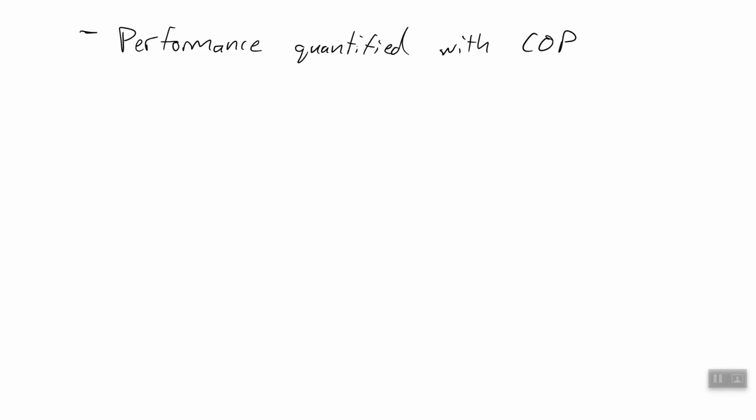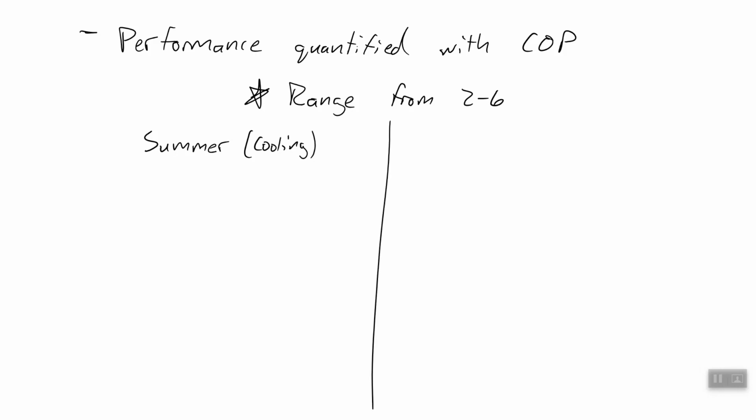Okay, the performance of a heat pump is quantified with the coefficient of performance, which we just call the COP. Okay, and this generally is given as a range from 2 to 6. Those are kind of the expected values. We'll break down how to calculate this depending on, again, what we're doing. Are we cooling a space or heating a space? So in summertime,